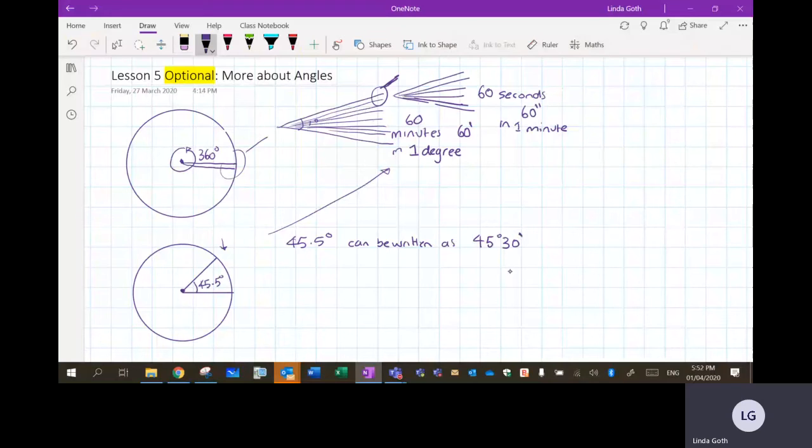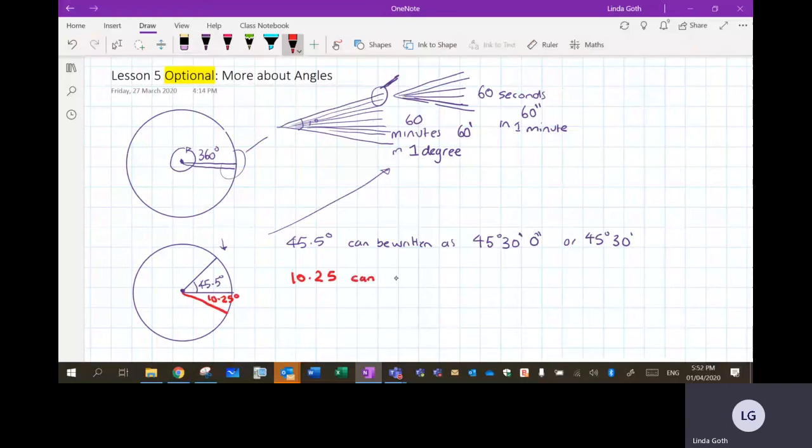Now it's exactly 45.5, so there's no seconds. I could have put 0 seconds, but 45 degrees 30 minutes is absolutely fine. So say I had another angle in here, and I knew that this angle was 10.25 degrees, so I'm just estimating now. Now 0.25,